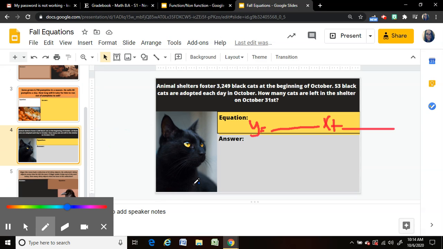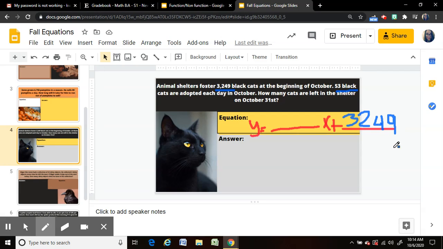And that's the same concept with this one. We're starting off with this many cats, and we're taking away this amount of adopted cats. So my starting point is here, and I take away 53 of those cats and put them in homes. The only difference is that when we go to solve,